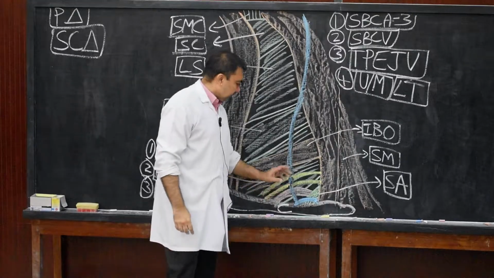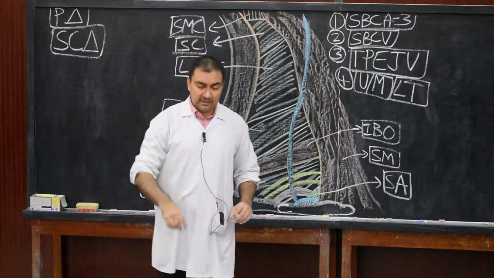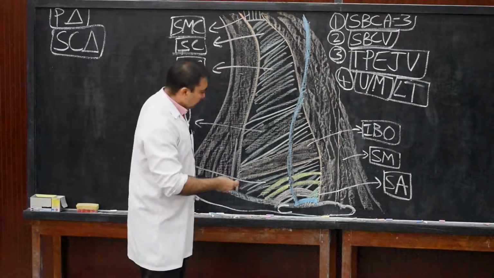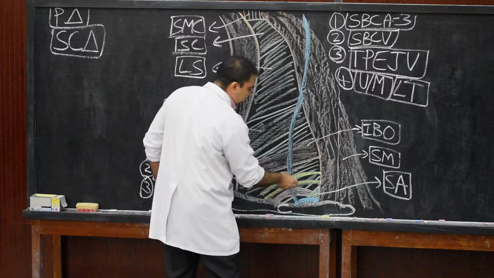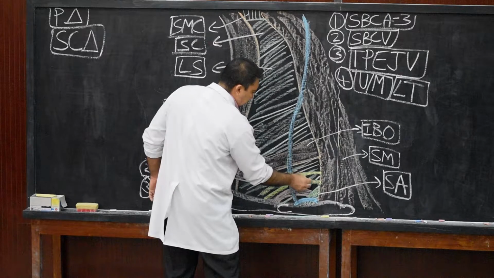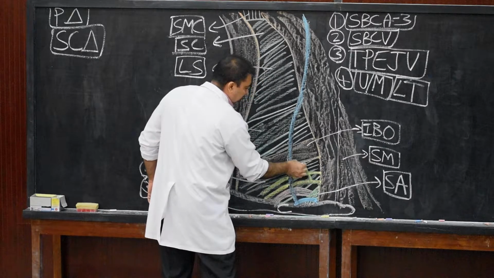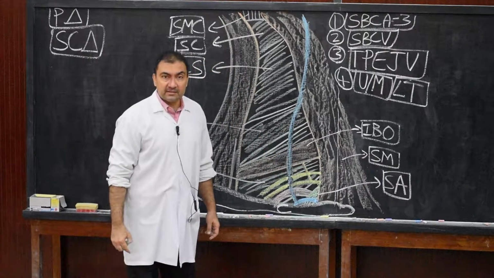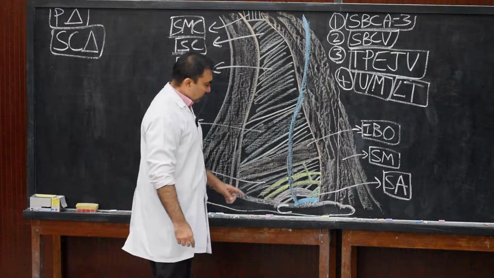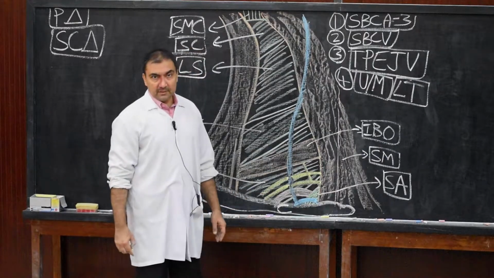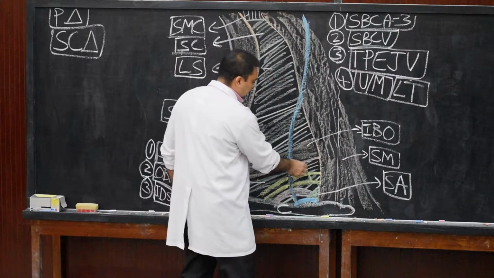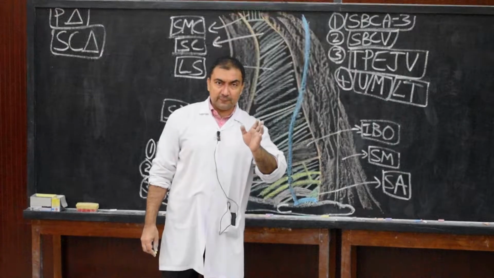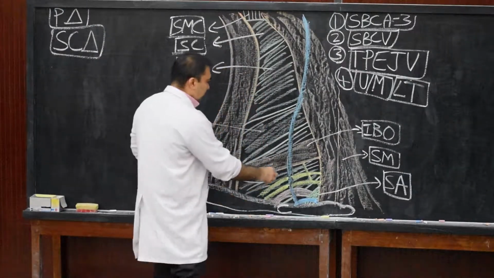We need to understand number 1, the first branch which we discussed in the previous segment, will be the dorsal scapular nerve. So here we are going to draw the dorsal scapular nerve, and this nerve will be present in the floor, and it will pierce the scalenus medius muscle. Root value will be C5. After piercing, it will appear in the floor, and then it will pass.